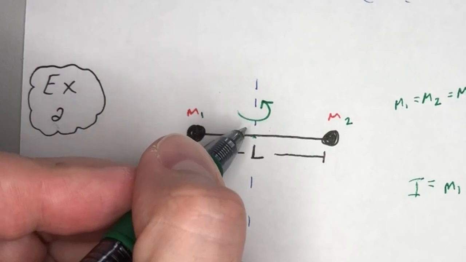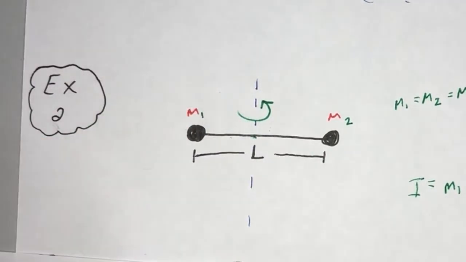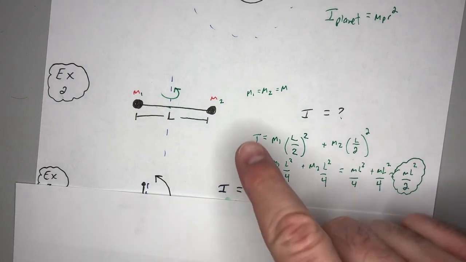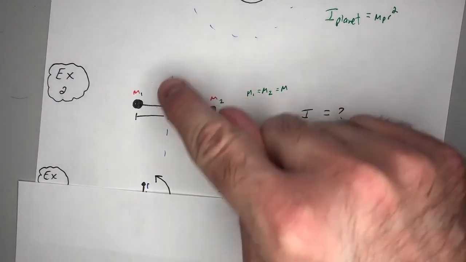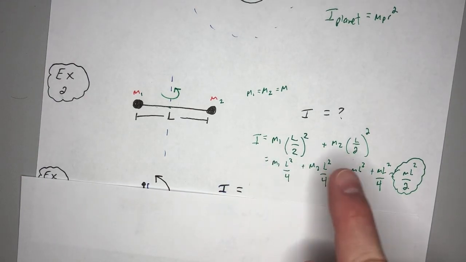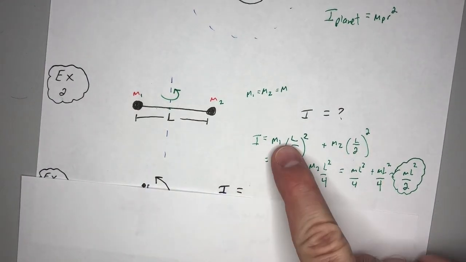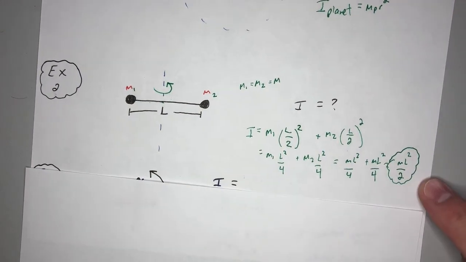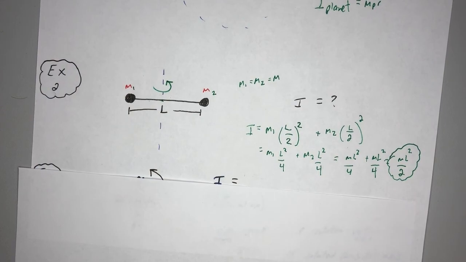I put this little thing like it's rotating counterclockwise there. You're just adding up, and the reason you can do that, you're just following your formula, is because it's about the same axis of rotation. You just add up their individual contributions. I only put the m1 and m2 in there to show you that was that one's contribution, plus that one's contribution. And then I said, but m1 equals m2, so mL squared over 2 is the moment of inertia of that system. Keep in mind, if you know the torque of the system and the moment of inertia of the system, you can solve for the angular acceleration of the system. That's the big goal eventually, okay?